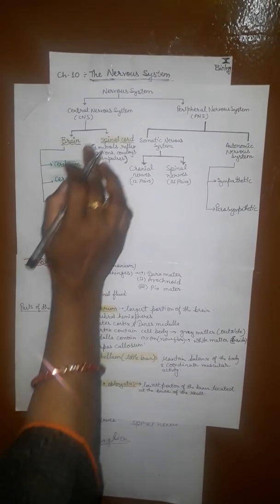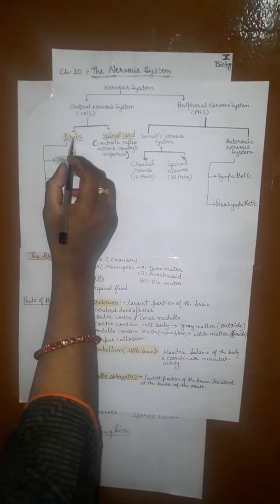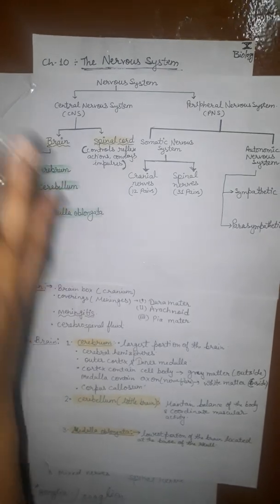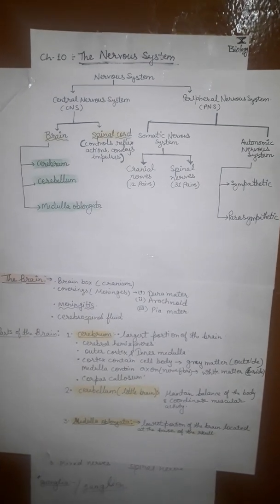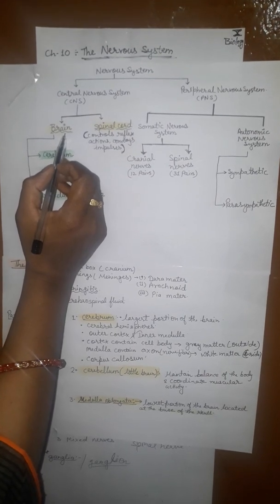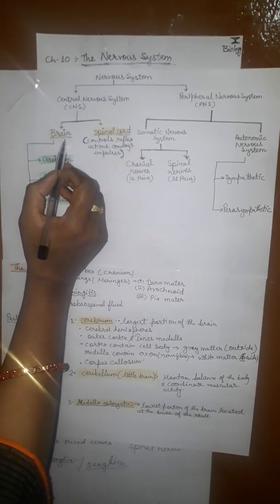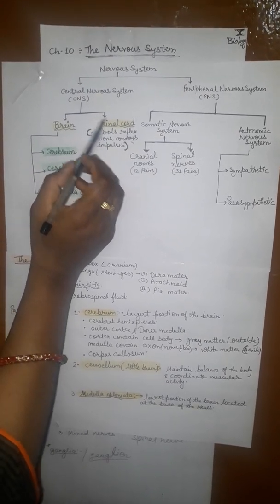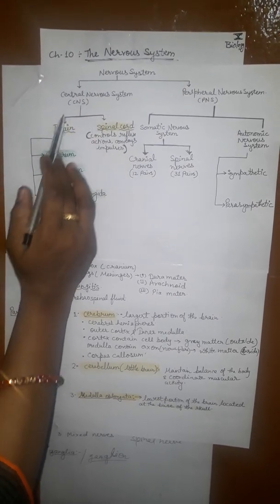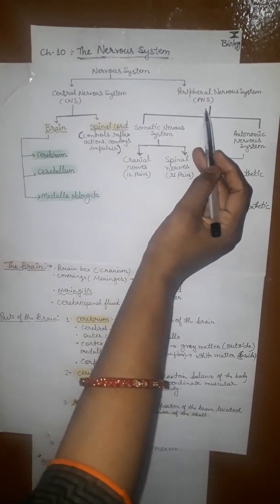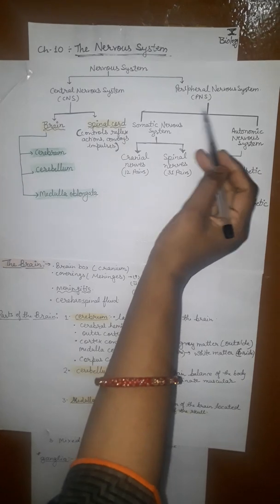The central nervous system includes two parts: the brain, lying in the skull, and the spinal cord, contained within the vertebral column. The skull is the bony box cavity. So the CNS contains two parts, brain and spinal cord, and the peripheral nervous system contains two subdivisions,